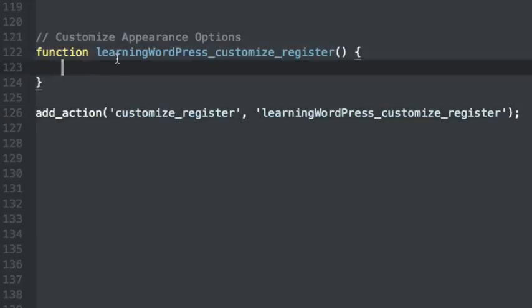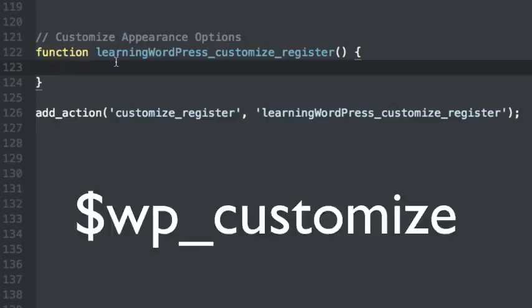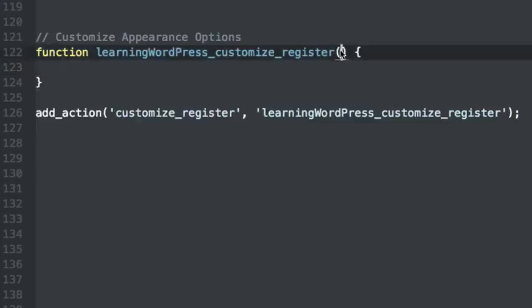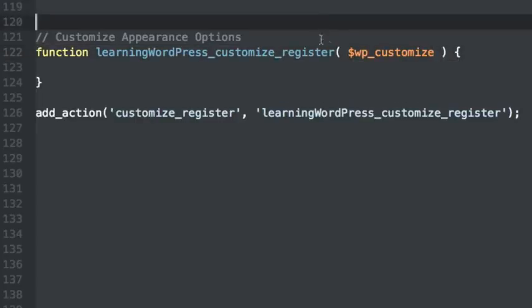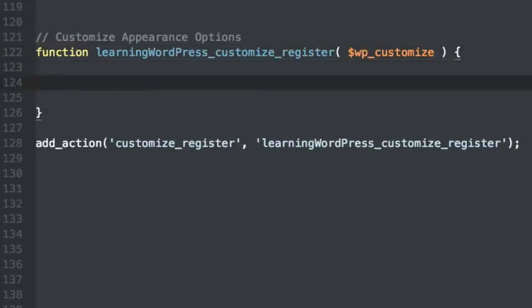Now everything that we are going to do in this lesson is dependent on a WordPress object named WP Customize. So we want to be sure to pass that into our function. So within these parentheses, WP Customize. Alright, now we are in great shape to begin adding the meat and potatoes of our function, but first, there